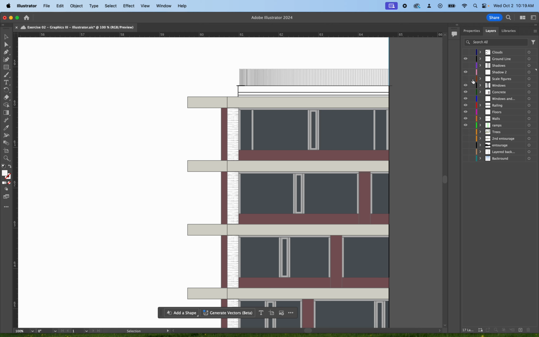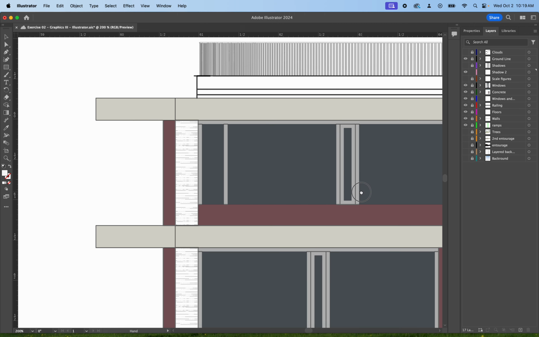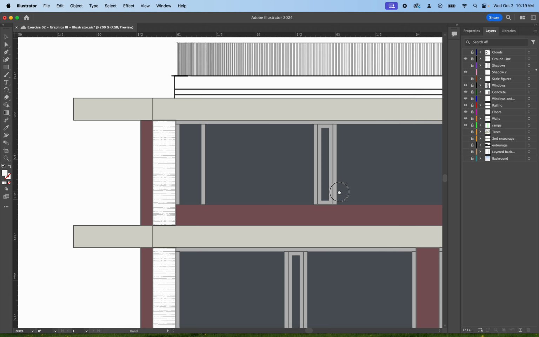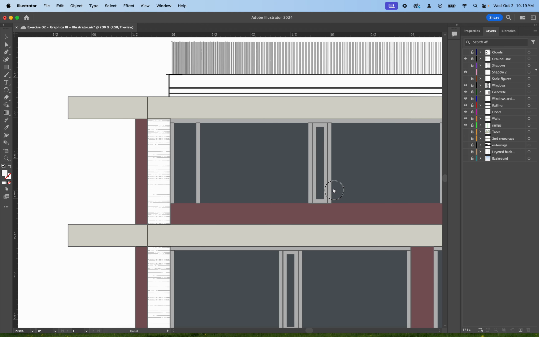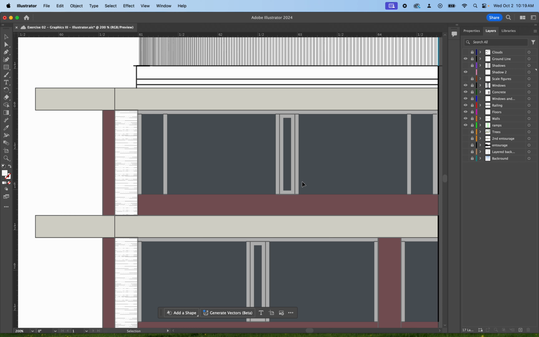And go ahead and lock everything else because, well, I don't want to accidentally click on it, or the pen tool is actually kind of weird. If you click on another layer, it'll start to turn into that layer. To be fair, I don't really know why it does that, but I guess maybe to make it easier for other illustrators. But let's get some shadows on here because for the most part, we're just going to have to